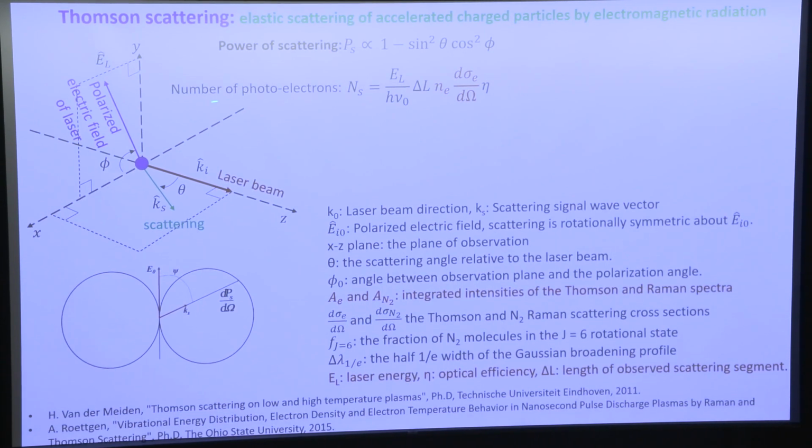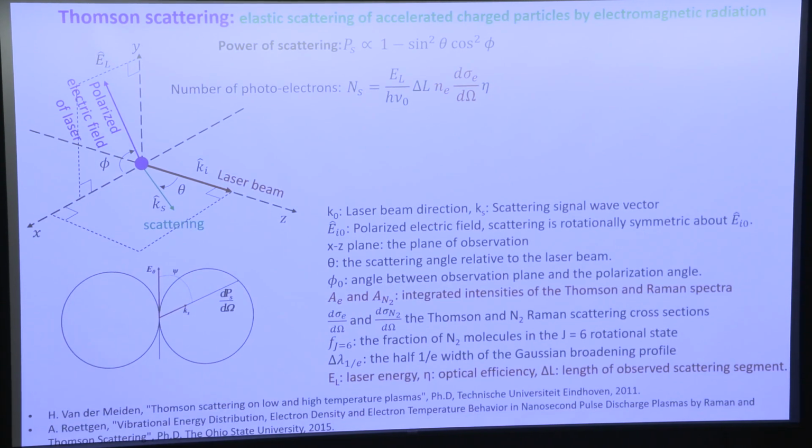The number of photons from electrons generated in scattering is proportional to the strength of the electric field, proportional to the length of the volume for diagnostics, proportional to the number density and the cross-section area integral, and then there is the optical efficiency. So if you collect that